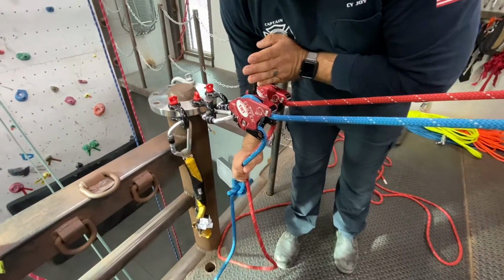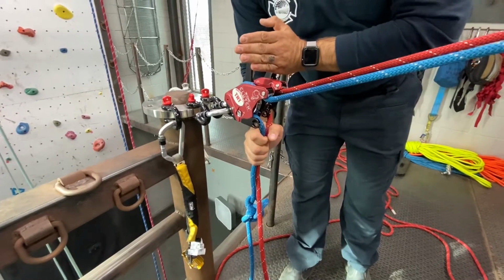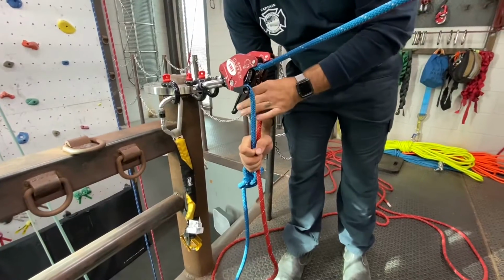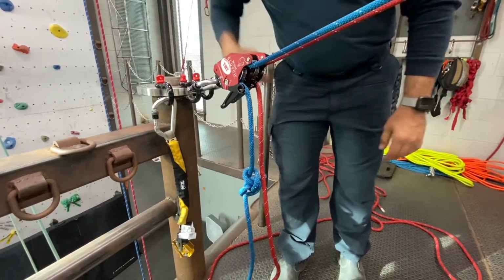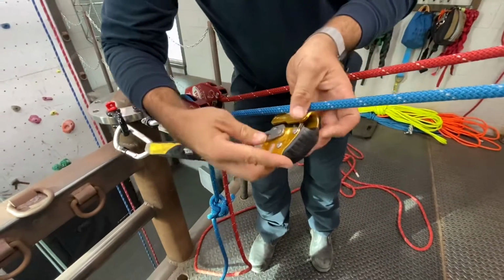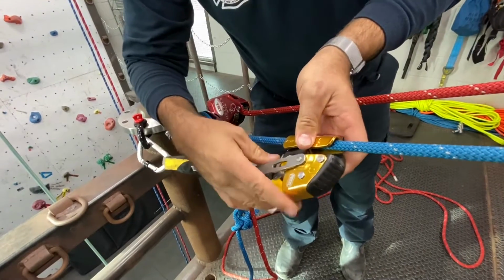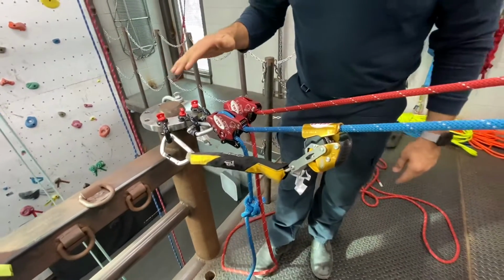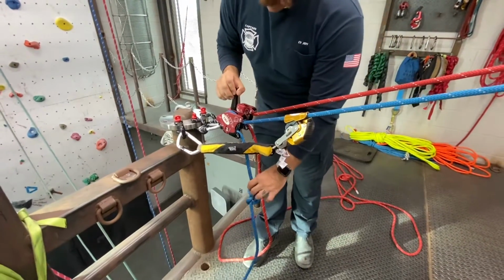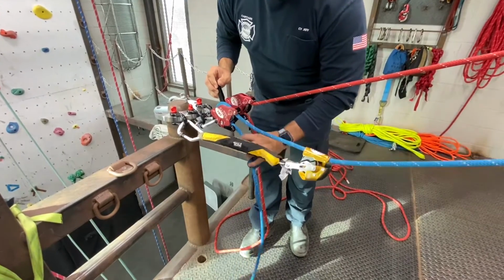about a foot or 2 hand lengths away from the clutch. At that point, you're going to stop the operation, both clutches, close them. You're going to apply the ASAP onto the rope that has the knot in it. Now what this does is it is going to take us from a twin tension system back to a dedicated main dedicated belay. So then we're going to lower the rope with a knot to create slack in the system,